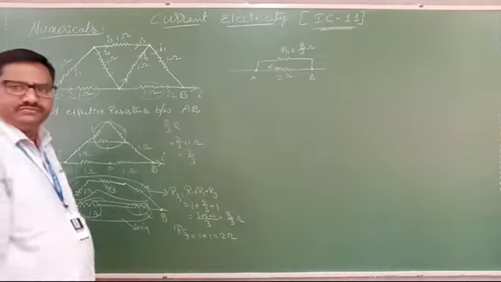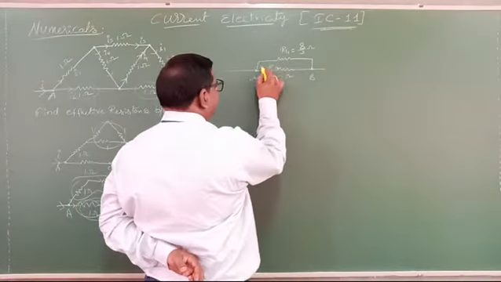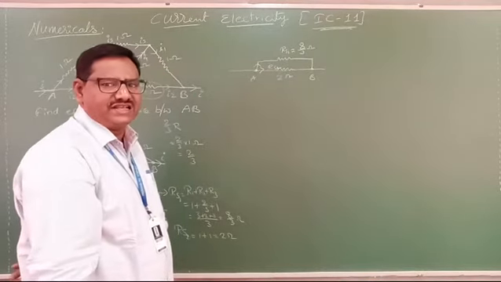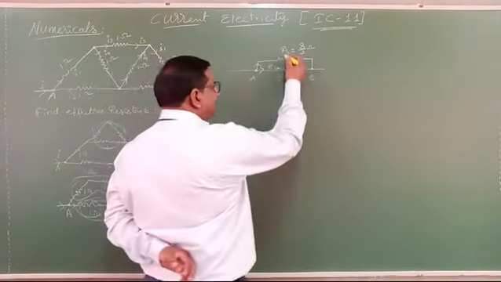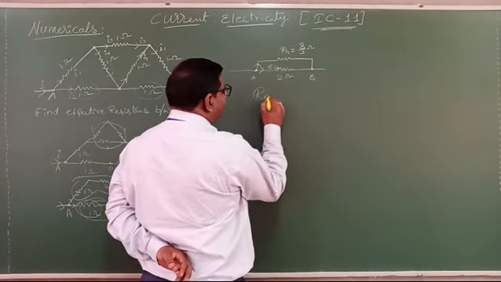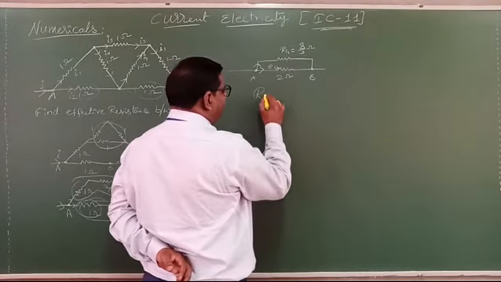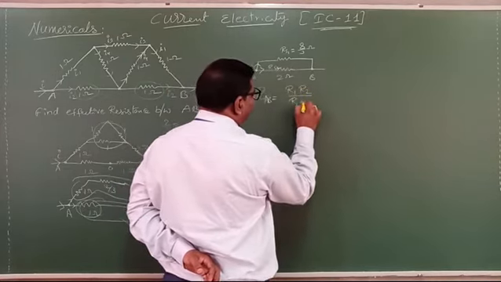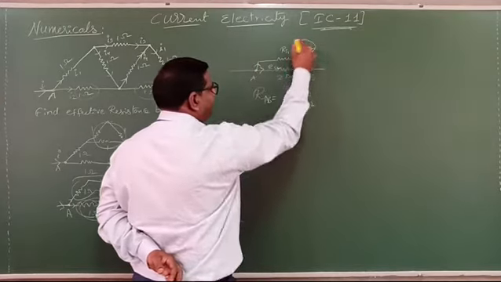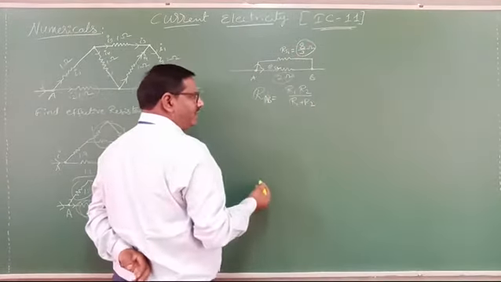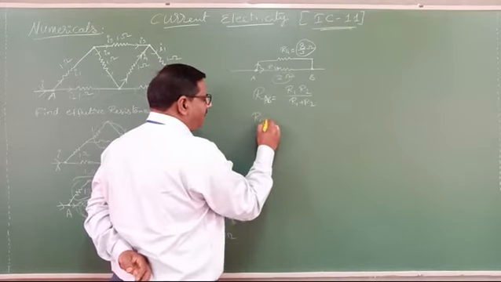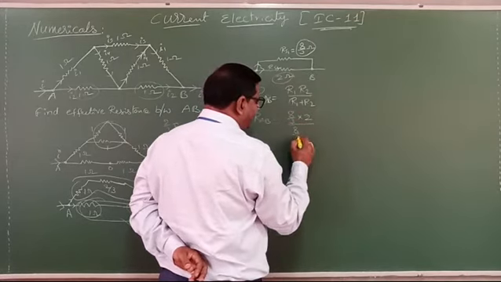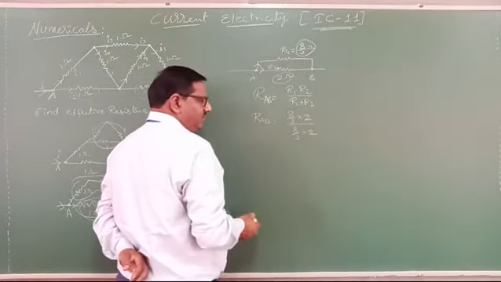Clear? Now these two, here the current will be split. When the current is split, the combination is said to be parallel. So effective RP equals R between AB. Parallel combination means R1 R2 by R1 plus R2. What is the R1 value here? 8 by 3. What about the R2 value? 2. Then RAB equals 8 by 3 into 2 by 8 by 3 plus 2. Then solve this one.